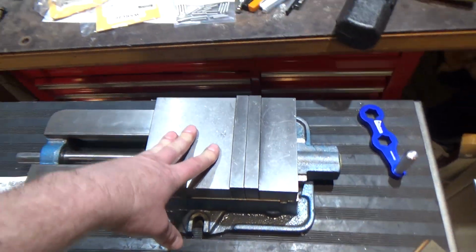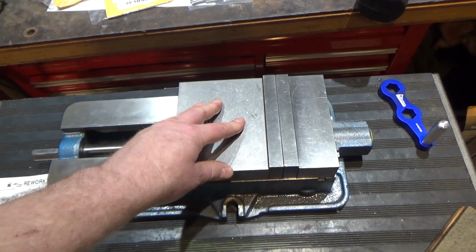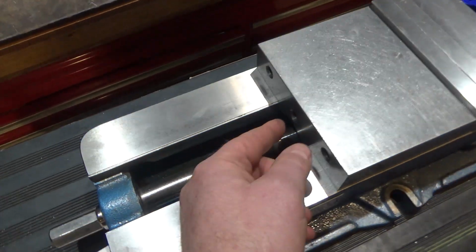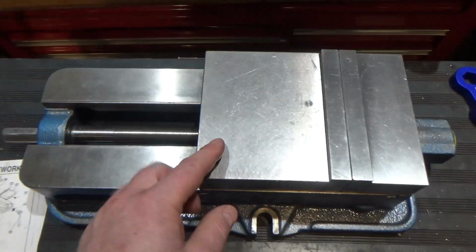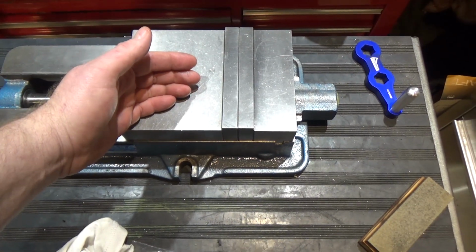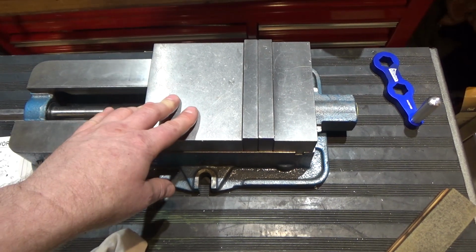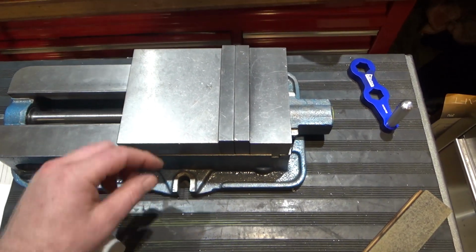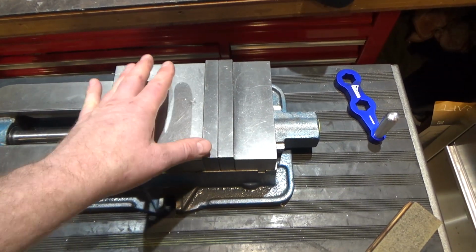The thing that inspired this was also the fact that I got a little bit of lift on the front of the movable jaw. There is an Allen screw adjust in the middle over here that you can tighten to prevent that, but I would set it so that it wouldn't lift, and then bring the vise in and out a few times, and it would start to lift again. It seems there's a little hemispherical piece in here that pushes on the 45 angle to keep it down,